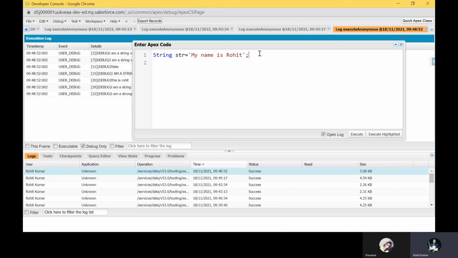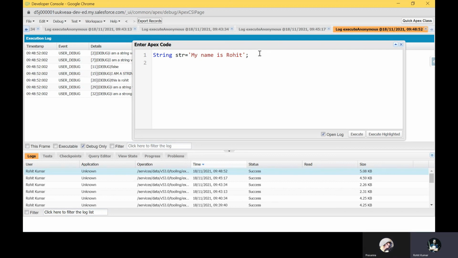I want to make this string so that the output shows a single quote around the name Rohit. How to make this output?